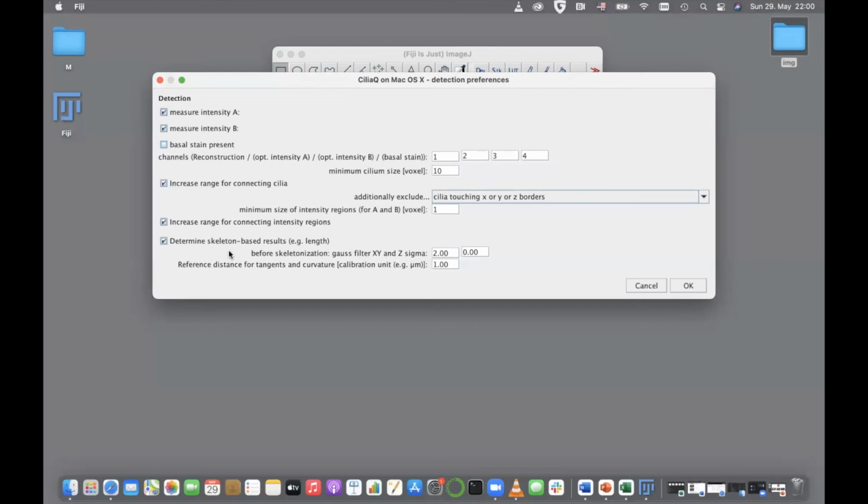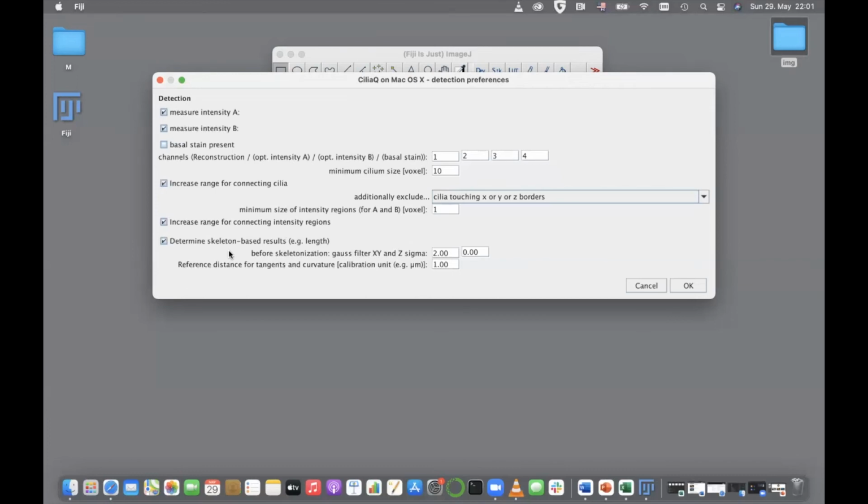You also have tangent and curvature calculations here, and it basically calculates and outputs the tangent vector and the local curvature for each ciliary point. But the parameters for the tangent vector and curvature are relevant only for specific applications in the physics community. And so if you apply CiliaQ for standard application, you can leave the settings as the default values that we